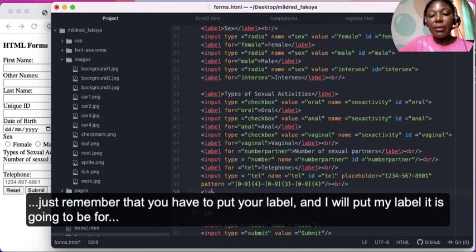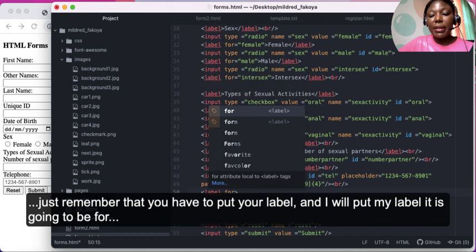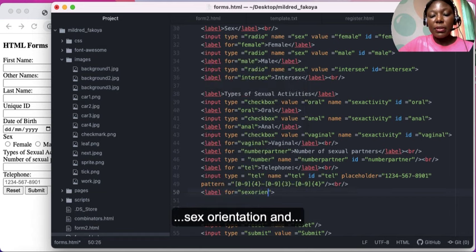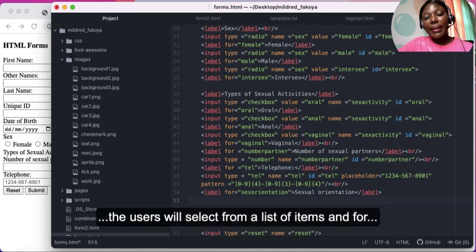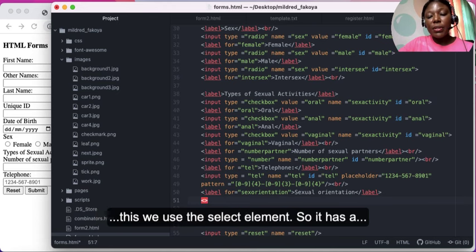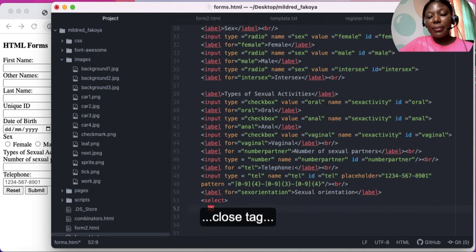So always remember you have to put your label. My label is going to be for sex orientation, and I'll put sexual orientation. I want to have a drop down menu where the users will select from a list of items, and for this we use the select element. So it has a close tag,